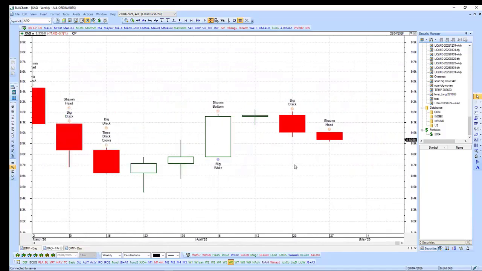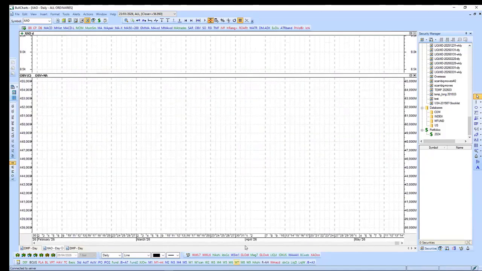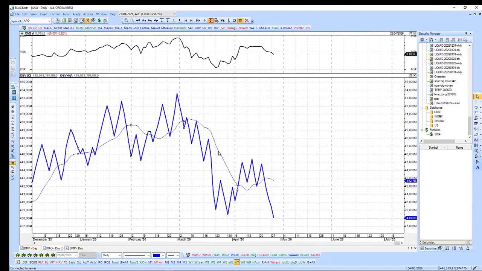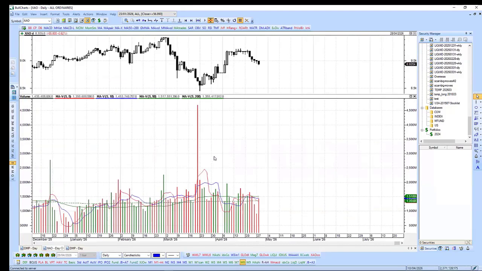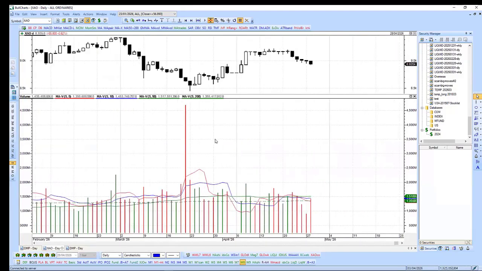So I look at that and the last few. The next button on the toolbar, W7, is on balance volume and moving average of OBV, and I think I'm using a 15 period moving average of on balance volume. I find that useful. W8 is volume with 3 moving averages of volume. No, 4. A 5. This is a daily chart, daily candles. I've got a 5 period, a 10 period, a 50 period, and 200 period moving average of volume down there